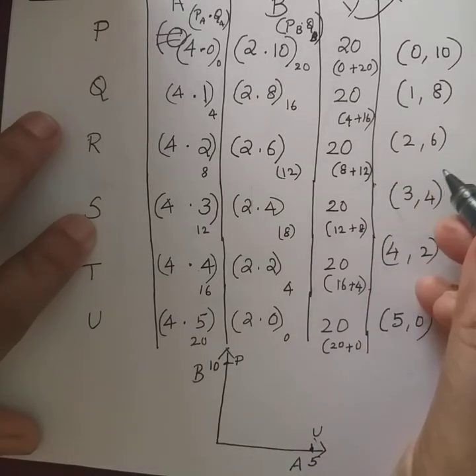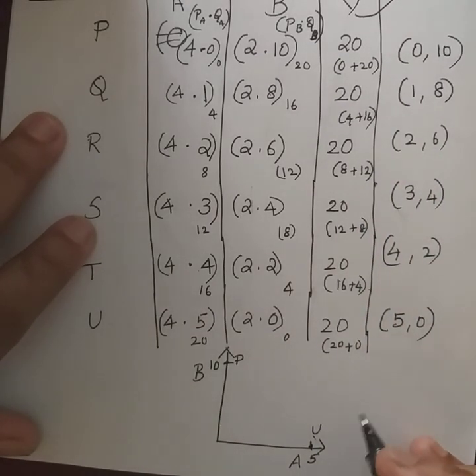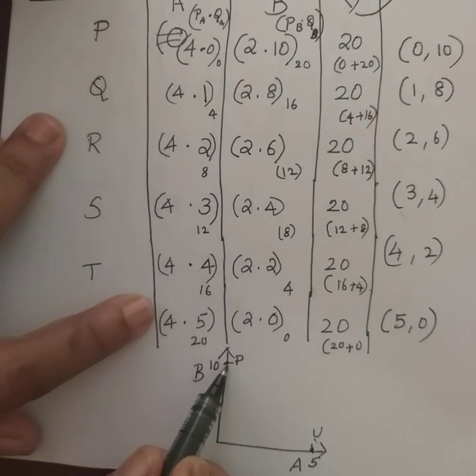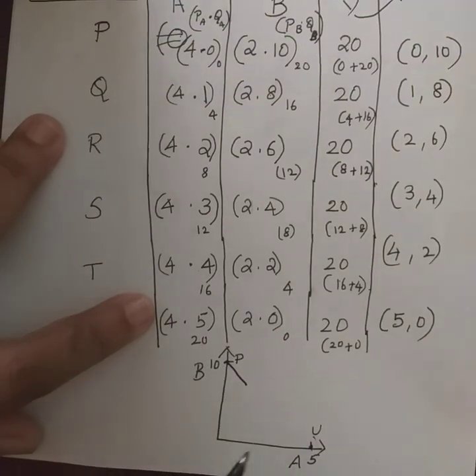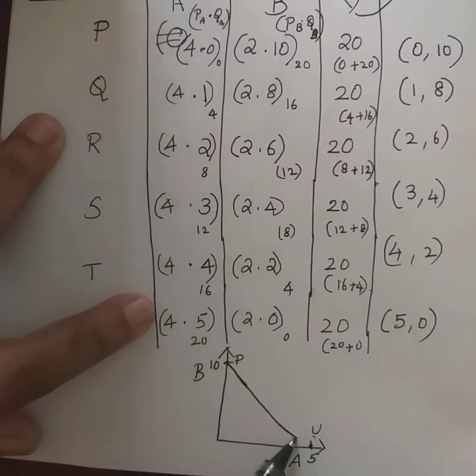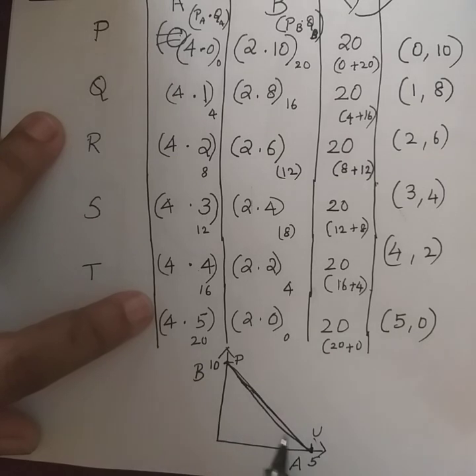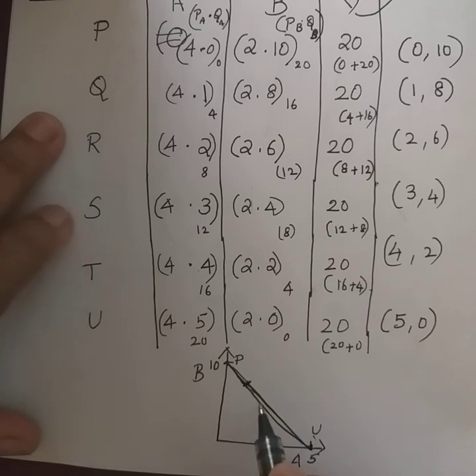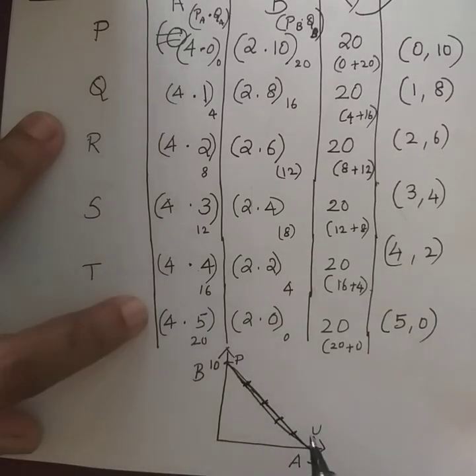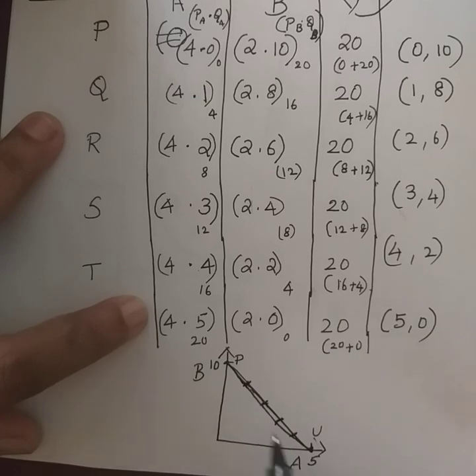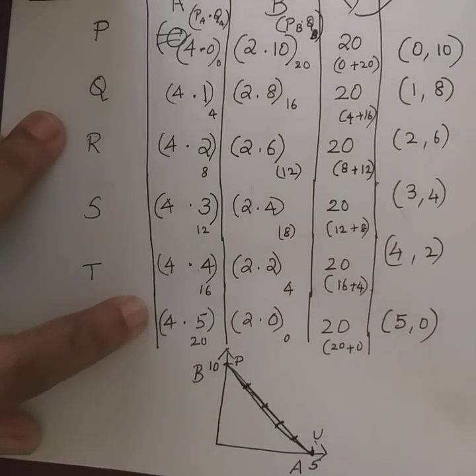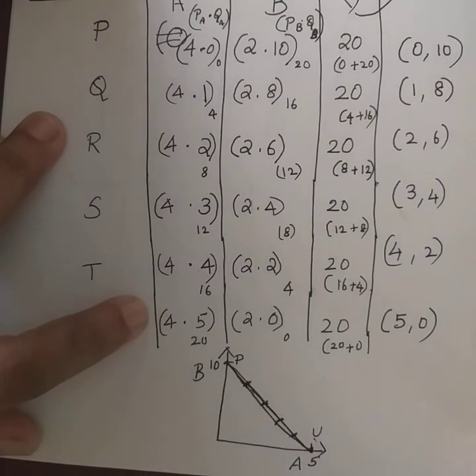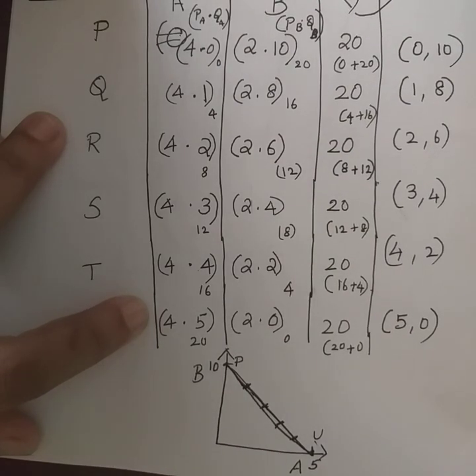So the rest, if you are going to plot it, you will see that it would fall on this particular line. I am just connecting these two. It's not a very fine one, bear with me for that. This is what is called the budget line or the price line. So the combinations on the budget line or the price line is what is called a budget set.